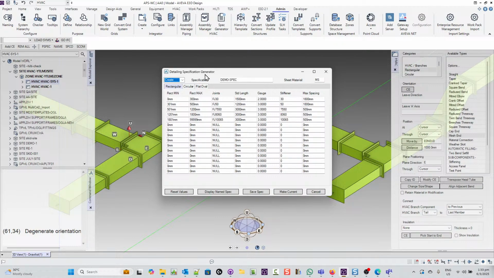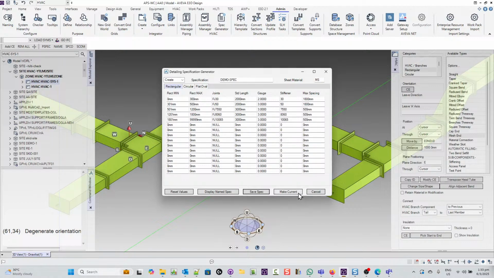So this is demo spec, and now we start changing the information like 1006, 2000, okay, and then 2000, etc. Maximum spacing is 1008. That's fine. So if we say save spec, yes, okay,